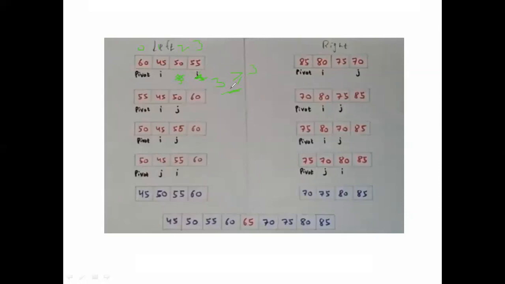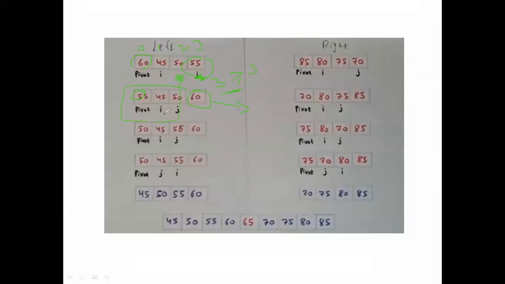In this condition, we have to swap the I and j value. So j and pivot value, pivot is 60, j is 55. Just swap. This is the pivot value. Once pivot is changed, we have to split the array into two subparts. So right array, there are no elements to be sorted. Just we have to take this as another array.